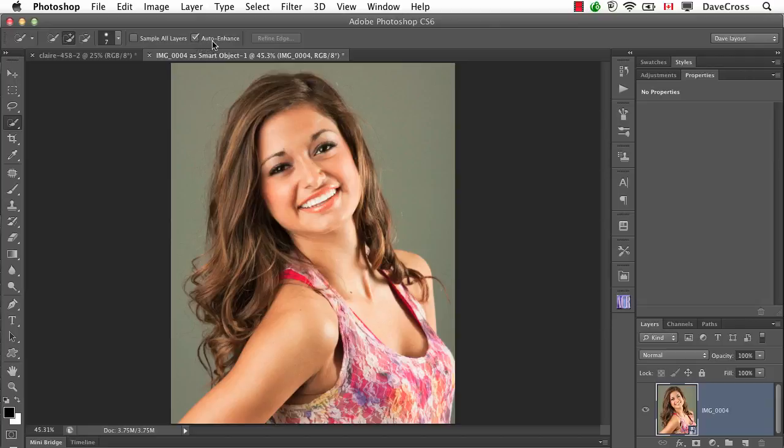The only real option we have in the options bar is auto enhance. I would generally keep that on unless you run into a problem where it's slowing things down considerably, where every time you use the tool you're seeing a progress bar going, still working on it, kind of thing. Other than that, it's just the size of the brush itself. So right bracket will make the brush bigger. I would want to get a decent sized shape for my brush,